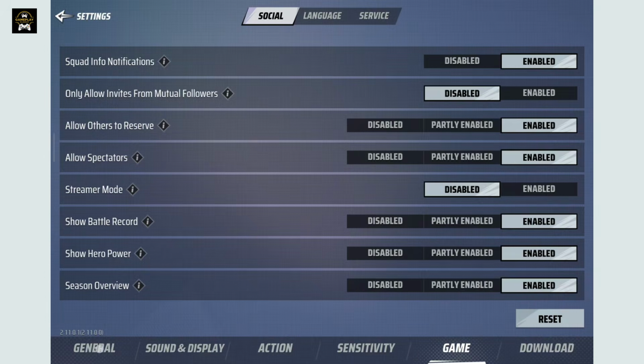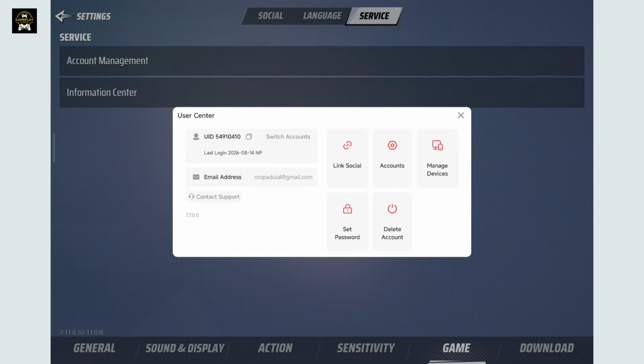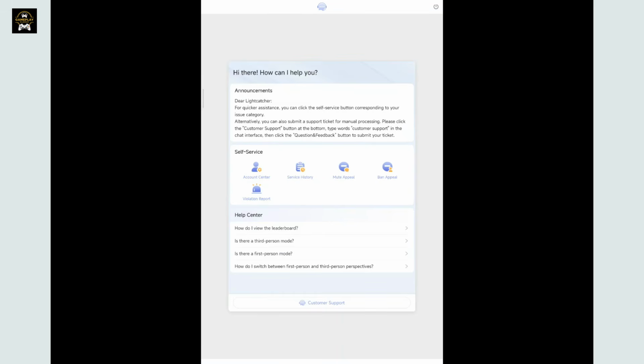Once you do that, go to the game option from the bottom and select service from the top right. Now click on account management, and in the user center tab, click on contact support. Now once you're inside this page, go ahead and tap on customer support button at the bottom of the screen